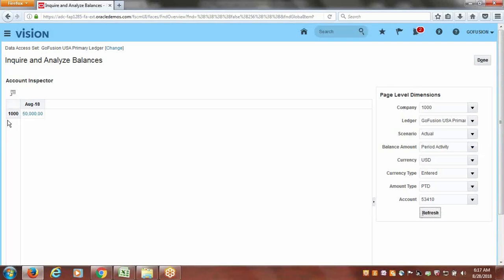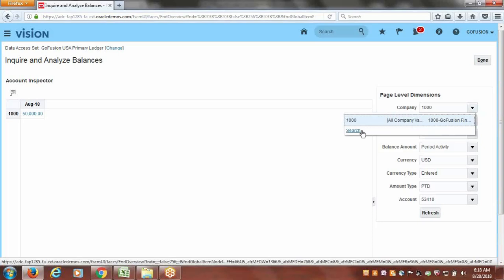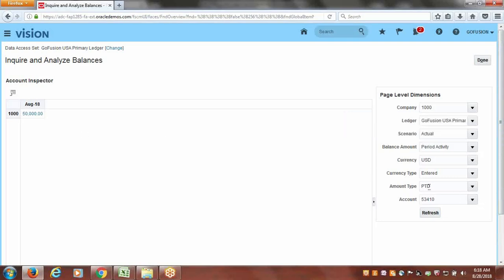The same way, anything you can just move from here to here. And if you want to see a specific account, here we selected company as 1000 only. If you are going to select all companies, you can, and you can drag and drop this dimension here, so that all company related specific account balances for the current August month are shown. Since we selected PTD, by default it will take the current open period. That's how you can see the balances. So by changing these dimensions, you can inquire about the balance, that is, inspect specific account balances. That's the purpose of